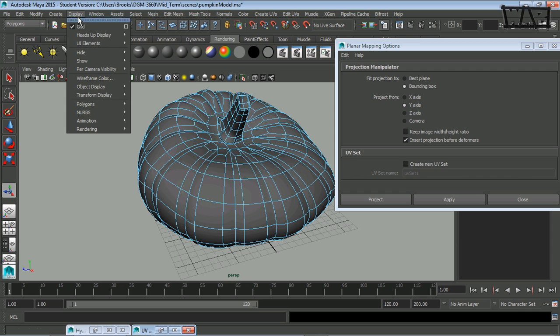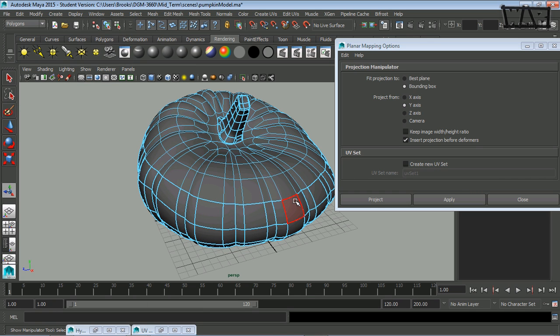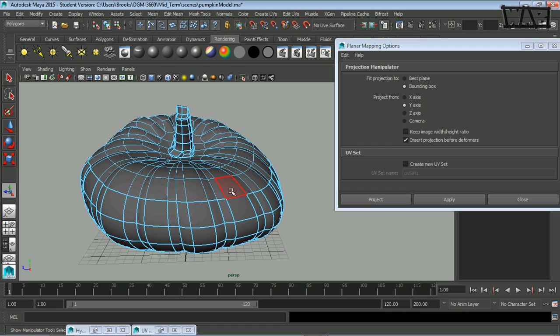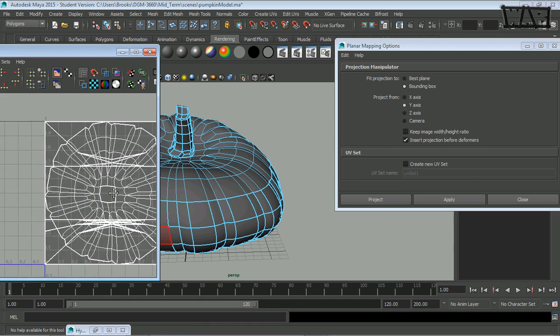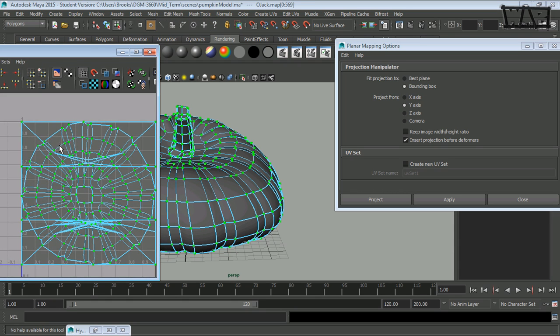You just go to Display, Polygons, Texture Border Edges, then you're going to see everywhere there's an edge to what's called a UV shell. So I can select my UV shell like this,